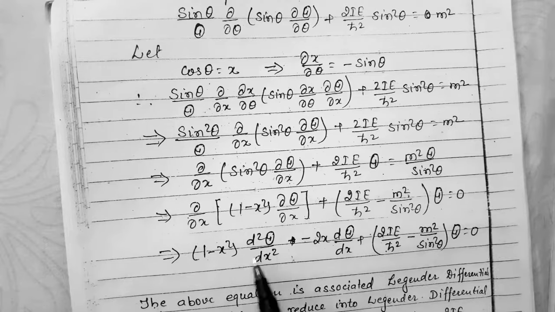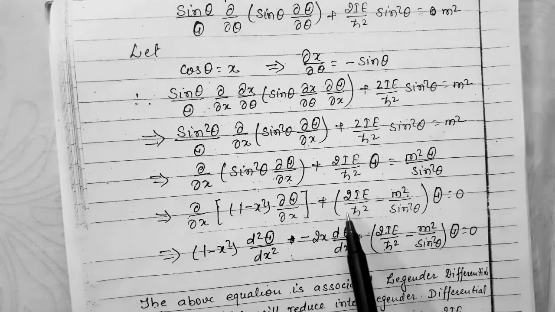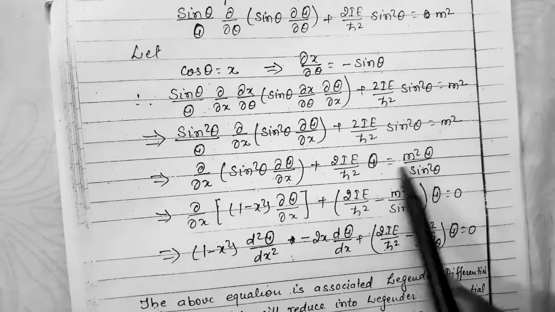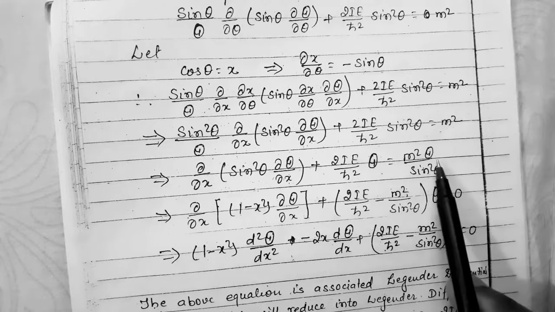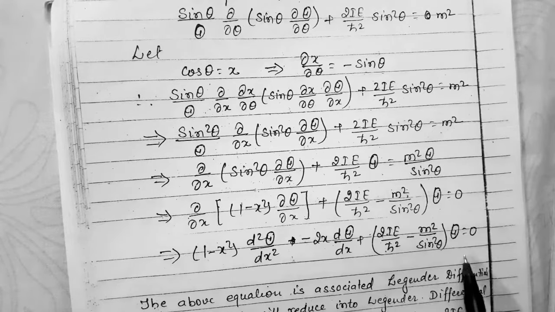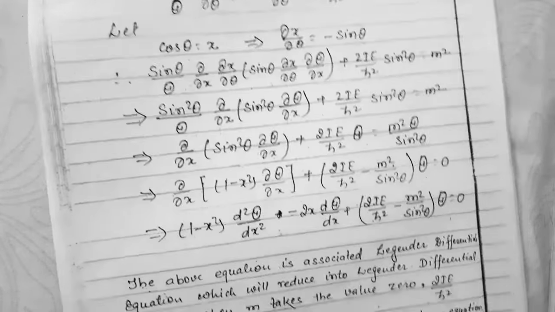Further, differentiating in the u into v form, the differentiation will be solved like this. Because the capital theta term is common, we will put it as a common factor and take it like this. This equation is completely associated with the Legendre differential equation, in which